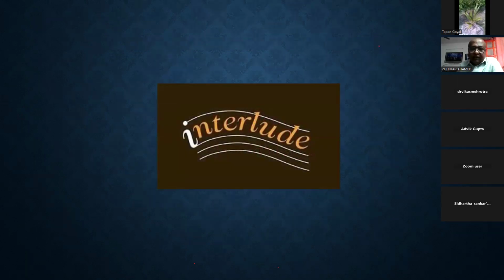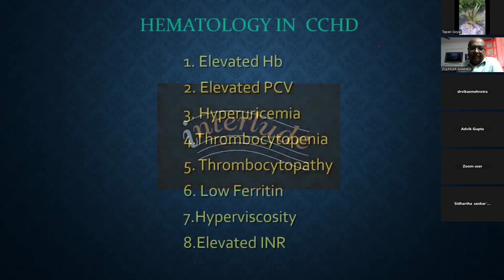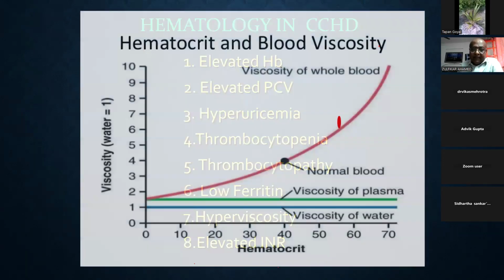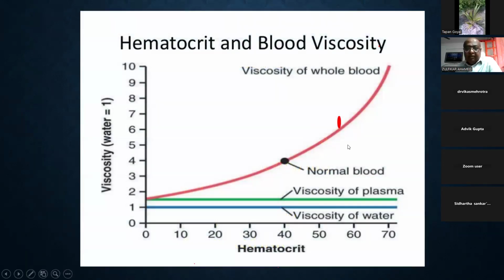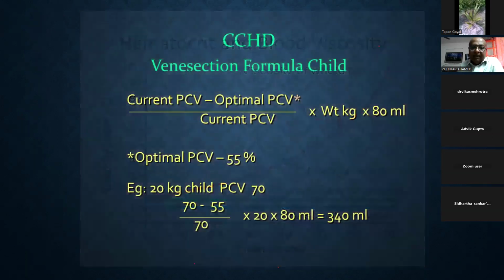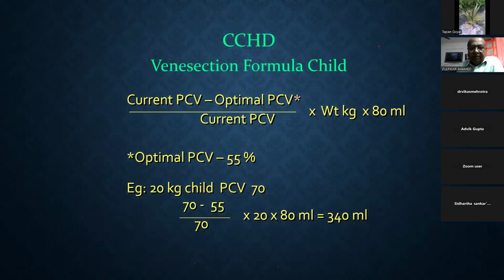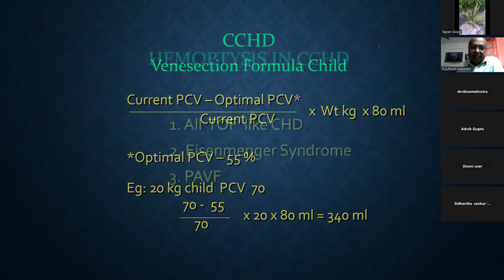Now, quickly, before going to the third, fourth, and fifth group of cyanotic heart disease, we will look at a very important practical point, viscosity versus hematocrit in cyanotic heart disease. At a particular point, between 50 to 60% hematocrit, the viscosity rapidly increases. So before surgery, you have to maintain PCV somewhere around 55 to make sure that they don't go for complications of hyperviscosity. And some of the postgraduates can look up OP Ghai to know the amount of blood to be removed and replaced by venesection in a severely polycythemic child.